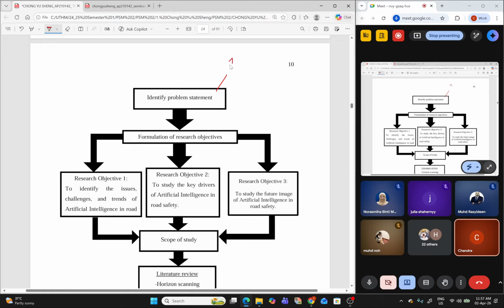First paragraph is the benefit or advantage. Second paragraph, you mention that even though there's a benefit, there are some challenges or disadvantages. And the third paragraph is the reason you want to do the study.